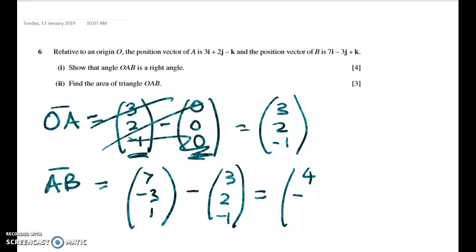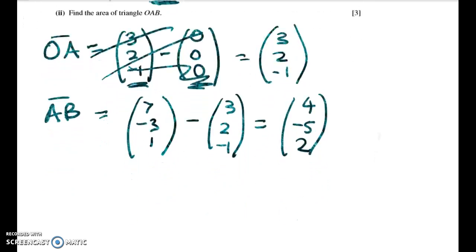Giving us 4, -5, and 1 minus -1 gives us 2. So the fastest way to do the first part of the question is to take the scalar product and say that if OA dot AB equals 0,